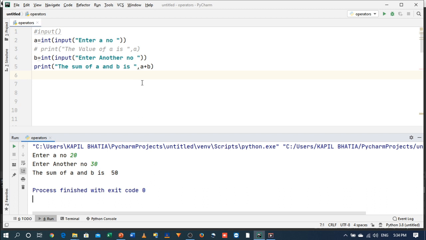Now I hope you understand, if you want to get any information from user in the form of different data type, because input function always collects information in the form of a string, and if you want to change the value of a string to another variable type, that time you need to use the corresponding function like int, float, etc. I hope you understand input function. Now let's move to the next topic.